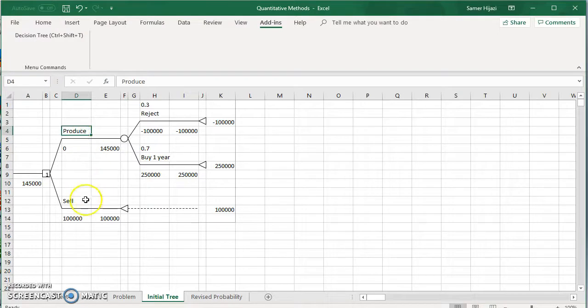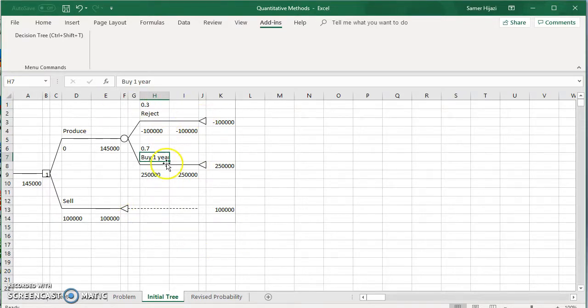They have two options, to produce or sell, as decision alternatives. Selling it, there are no alternatives here. If they produce it, the outcome could be either the network will reject it or buy it. So in either case, they hire or they don't hire, favorable or unfavorable outcome, you're going to have the same